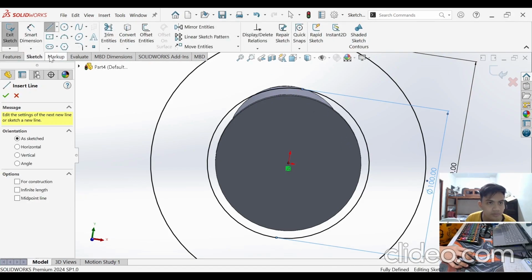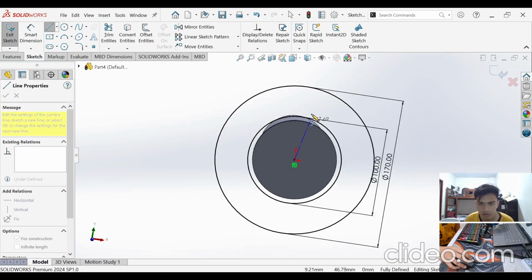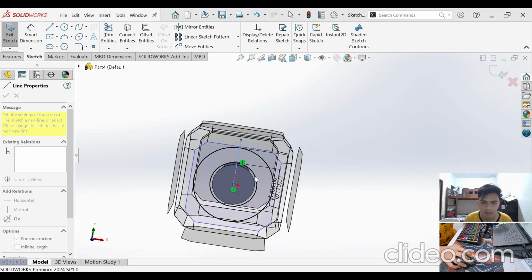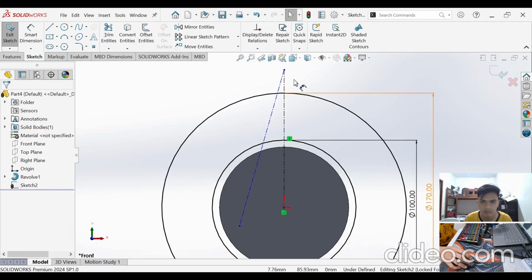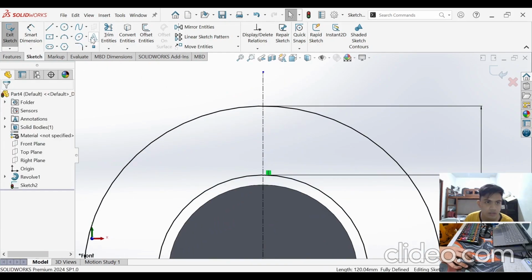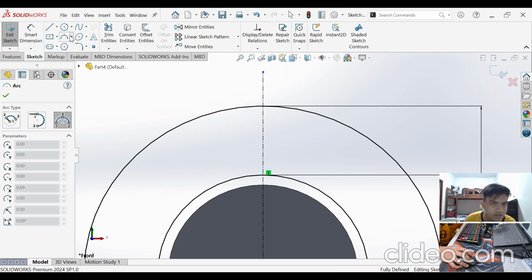So the first step in making the teeth should be putting a vertical center line. There we go. And the next step is to select the 3-point arc.